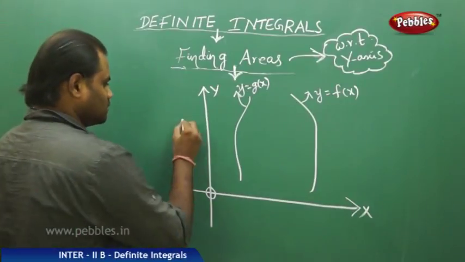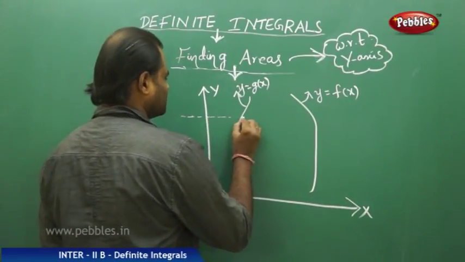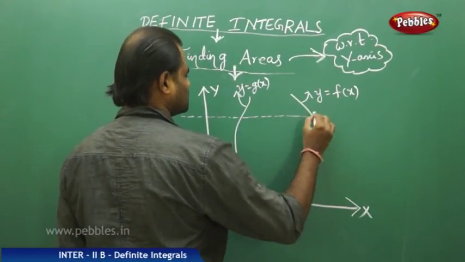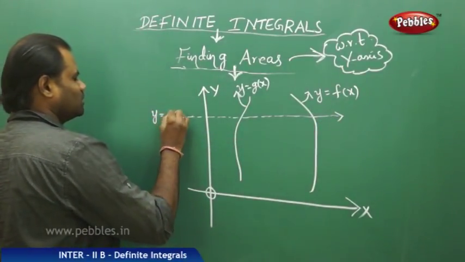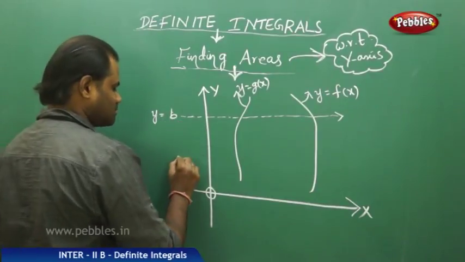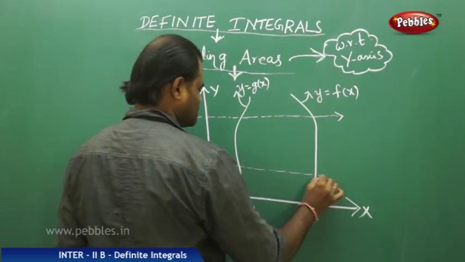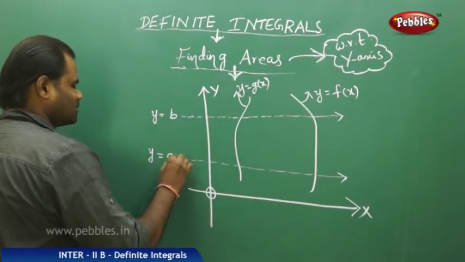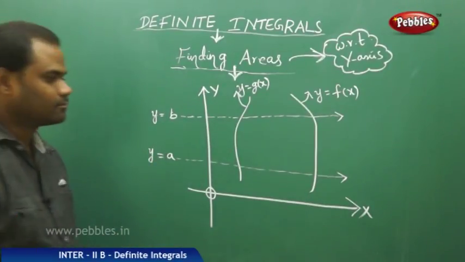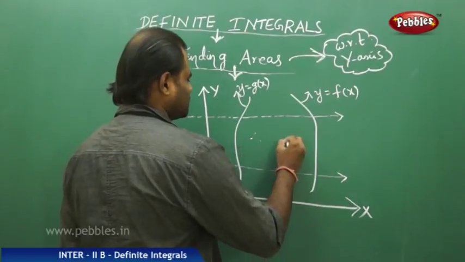So for these two curves, let me say the two bounds are y equals b and y equals a, through which I'm going to find